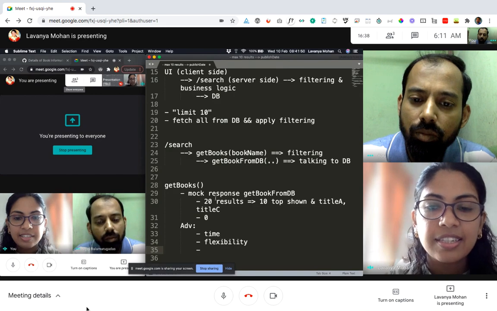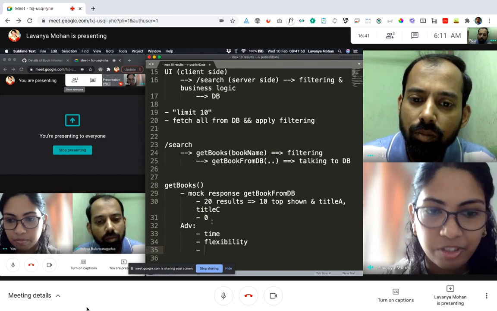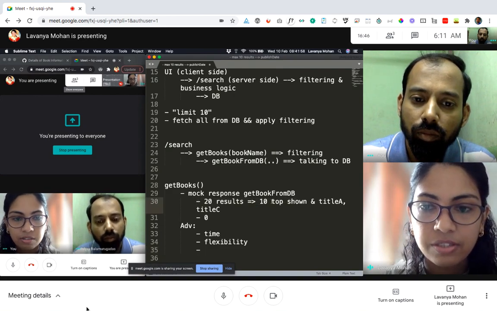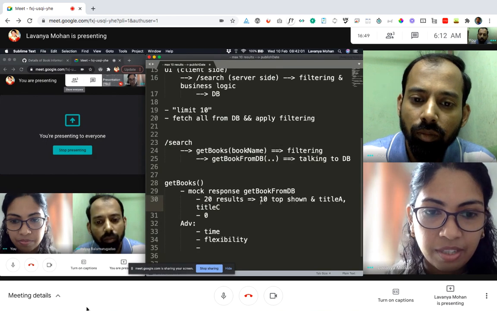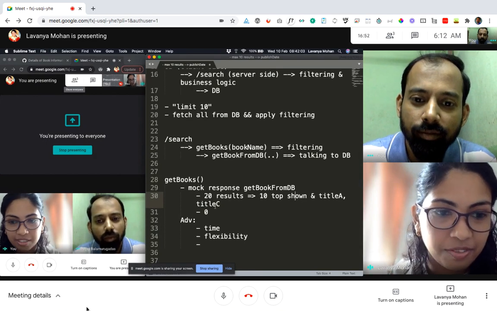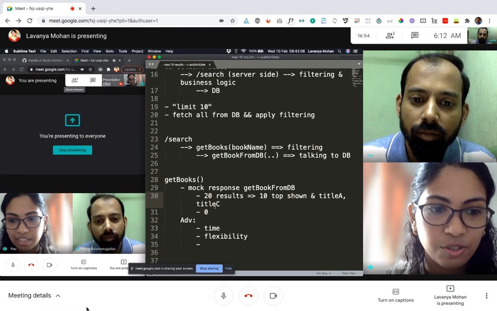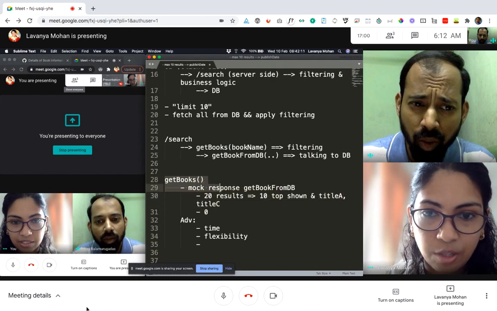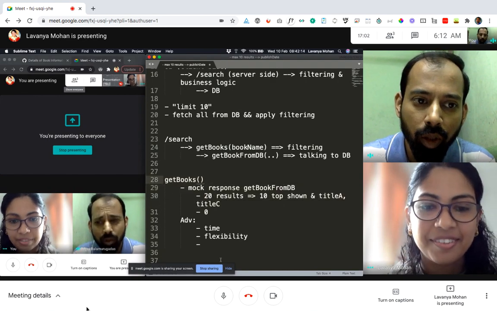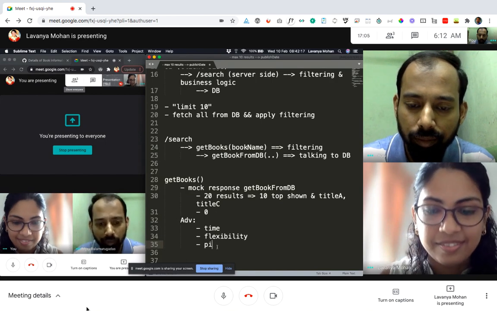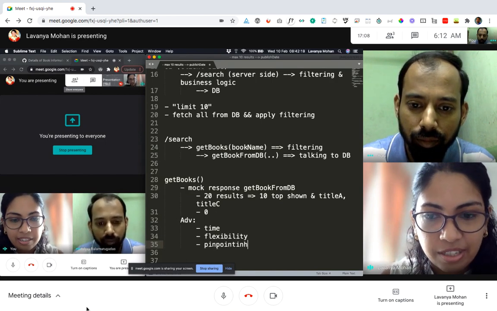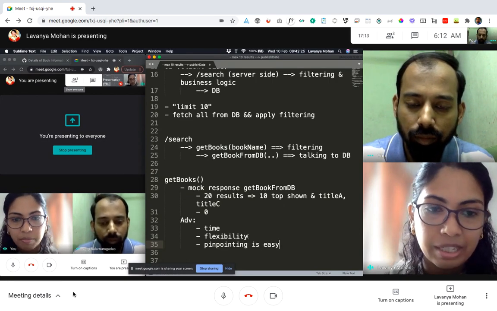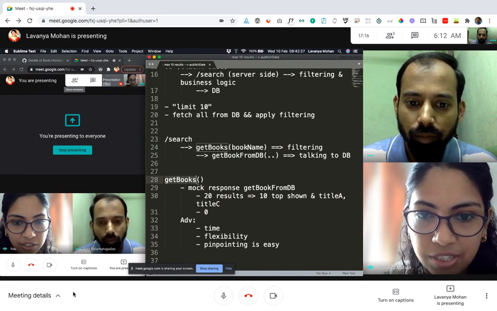The other thing is, let's say that a test fails. Let's say that this 20 results test failed and instead of 10, we are now showing just 5. It's very easy to know which area the failure is in. We know that the failure has to be in this particular method. So the touch points have reduced, and we can easily pinpoint where and what. Pinpointing in case of failures is very easy. These are a few of the many advantages of having these kinds of checks at this particular level.